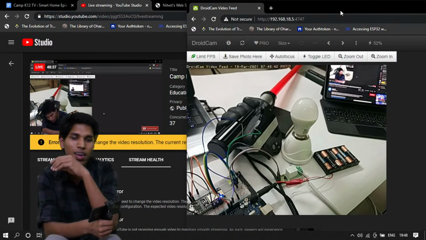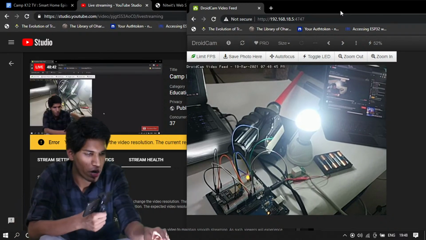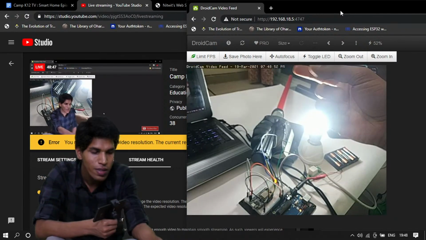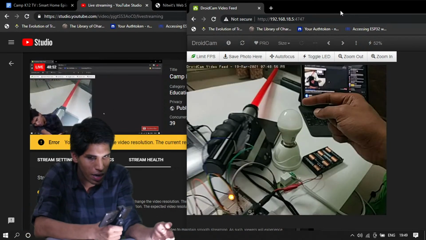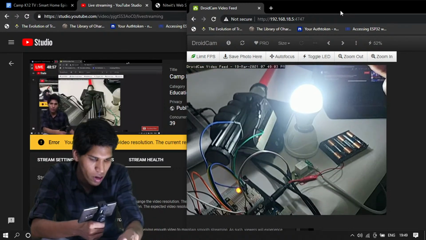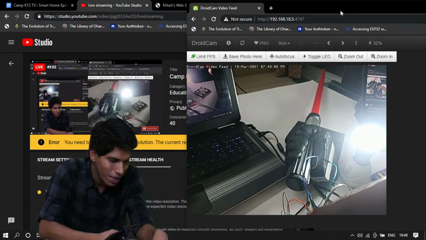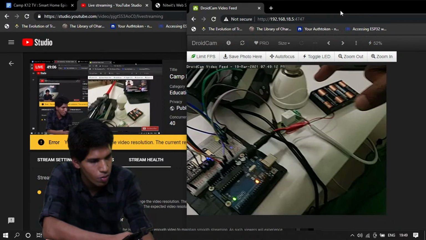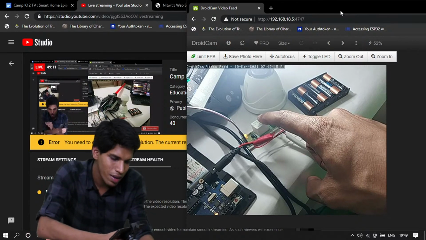Now one last thing that I wanted to show you. LEDs run on DC current. Your appliances run on AC current. Like this bulb here, it runs on AC current. So to connect your room's electrical appliances, you cannot directly connect those to your circuit board. To connect your appliances, you'll have to get a relay board. You can see that there is a relay board here. Relays are basically switches.